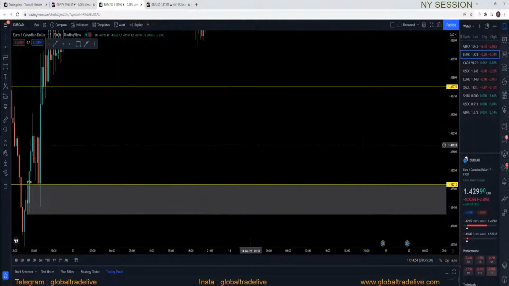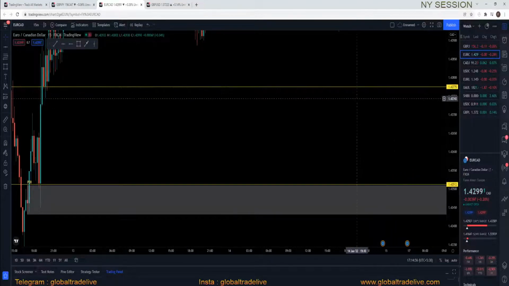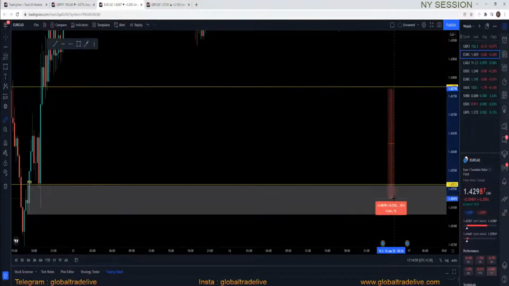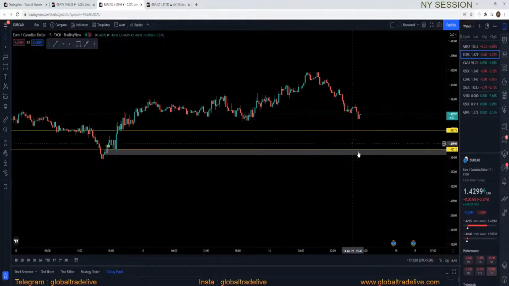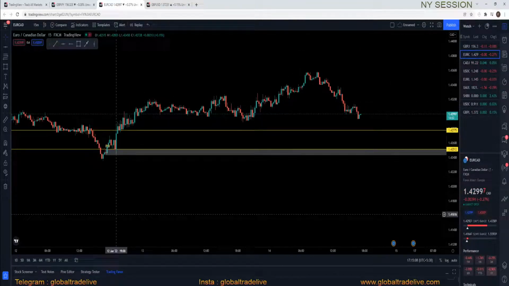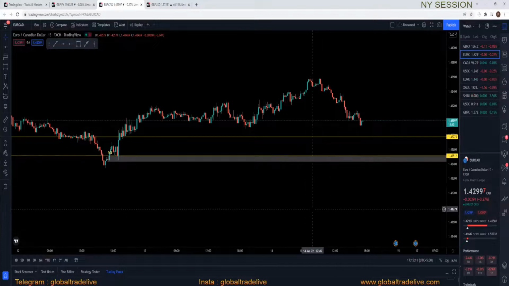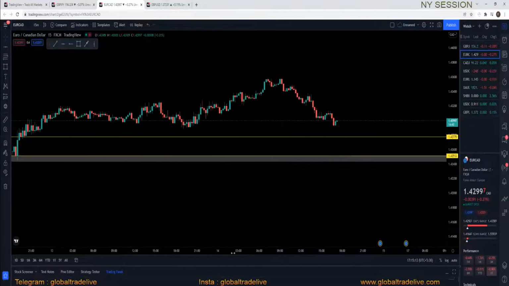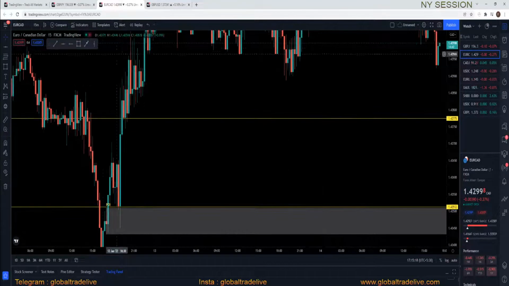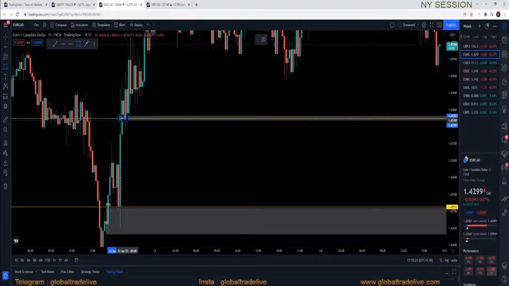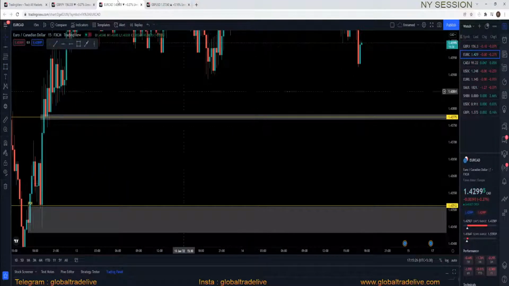So yes, I think sells below this area will be a really nice option, because then it will be coming down to test this POI, and it might reject this area and then go up. That can also be the case, but we will be looking just for sells. So yes, I like this analysis over here. So this will be my zone below which I'm gonna look for sells. So this was all about EuroCAD.